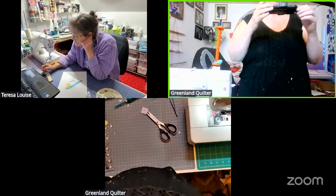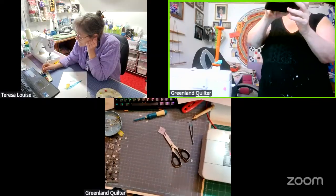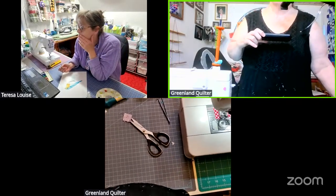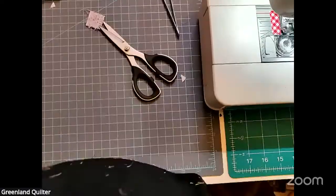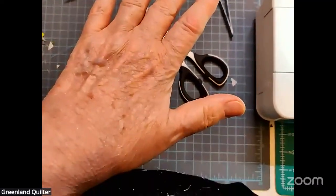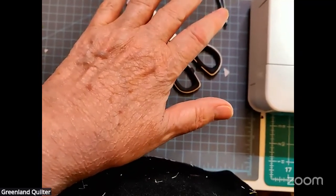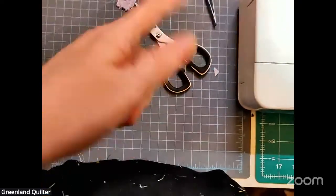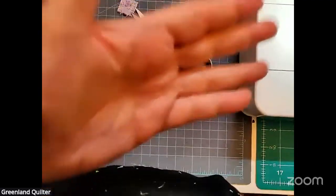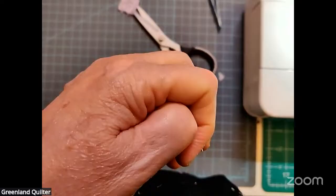Denise says, nice work as usual. You are better than a confident beginner. Now I want to know if I'm fixing to spotlight this other camera of mine, and I need to know if you can see my hand. I can see your hand. Yesterday when I was trying to use this camera, a few people said they couldn't see it, so let me know if you can see this. Mona says yes. Melissa says yes. Okay, I'm going to turn the camera